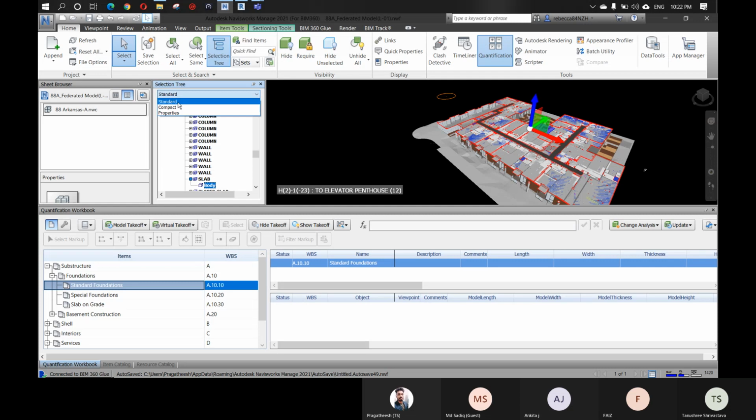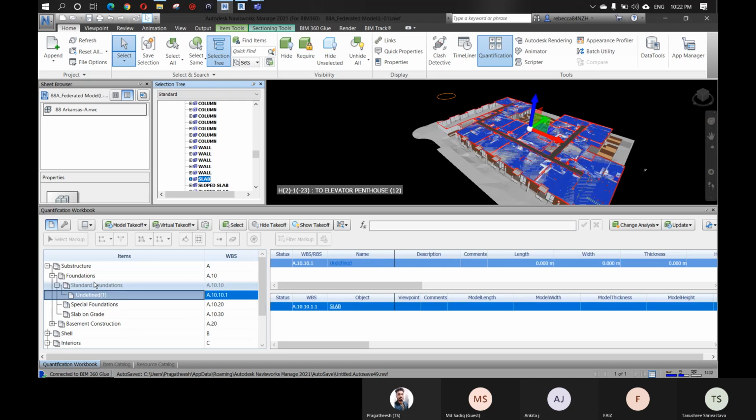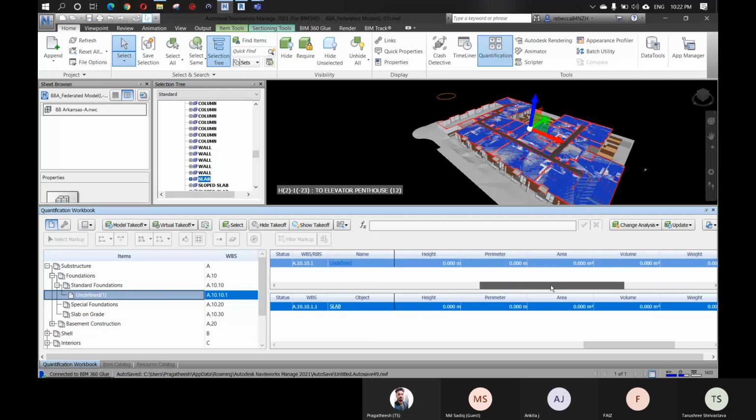As there's no selection saved here, you cannot see it. Or sometimes it will show sets, which is the save selection. You can just drag and drop the save set to this particular area and you can get all the details. But if a detail is missing in Revit, that will not come in Navisworks. Or if you're exporting without selecting to convert all the element parameters, that will not come in Navisworks. So you have to make sure all the details are given in Revit and you have exported all the elements.